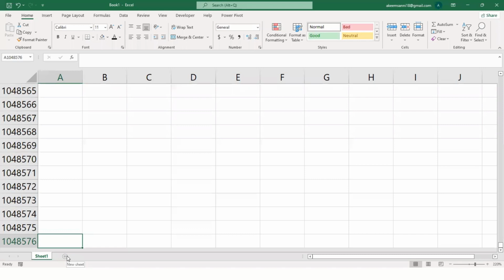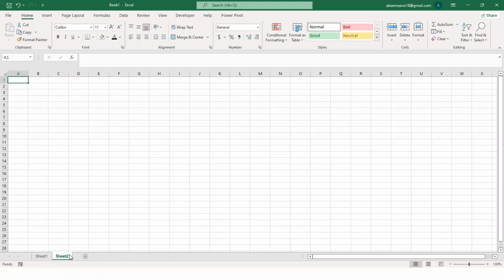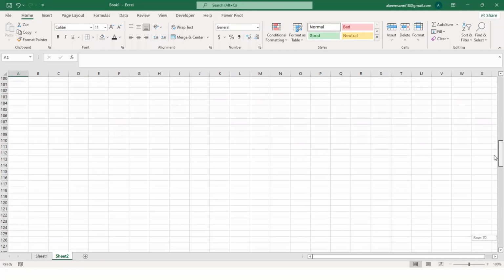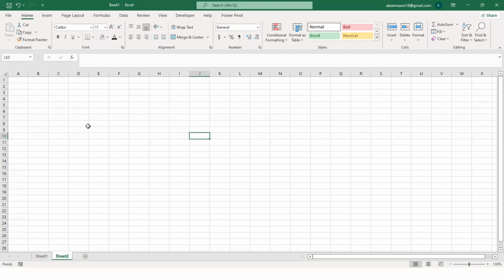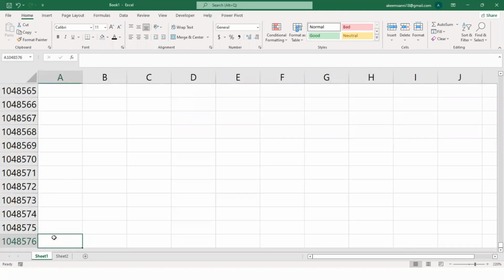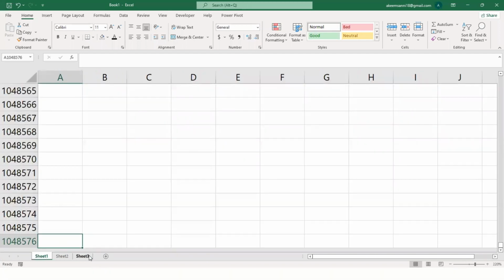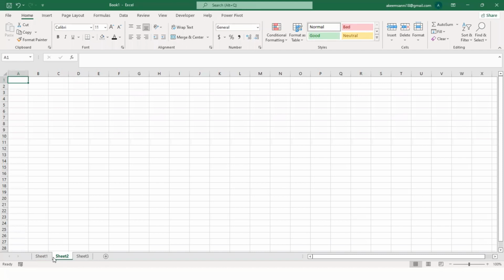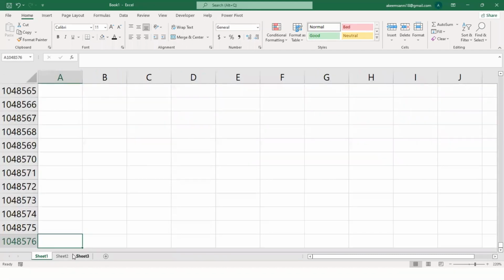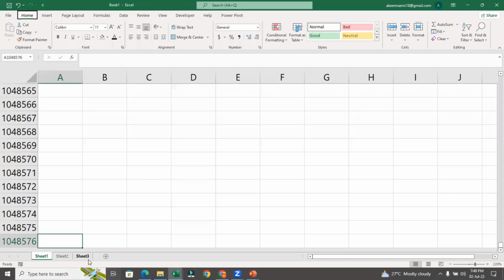If you finish one sheet, you can click on this one to open a new sheet, right? I don't know the amount of data. Maybe you want to enter the whole of this world's information. Excel is capable of handling everything in one workbook. You have 1 million rows here, another million rows here, and if you click on this, you have an extra 1 million. And this doesn't have an end. It depends on your computer storage capacity, right? So this is a worksheet.